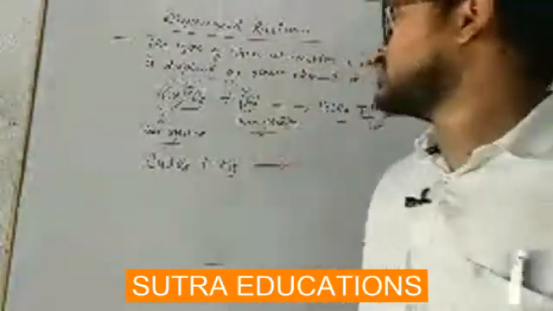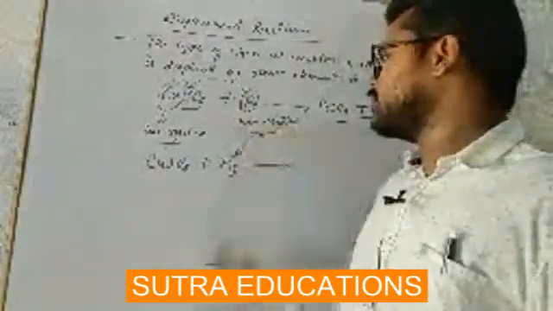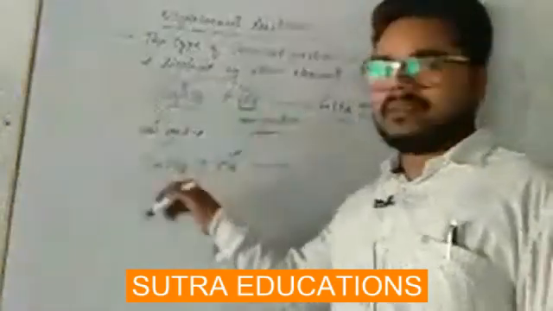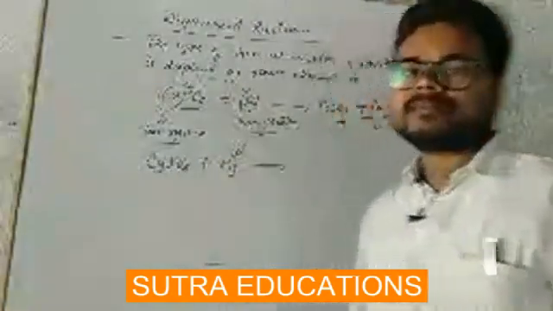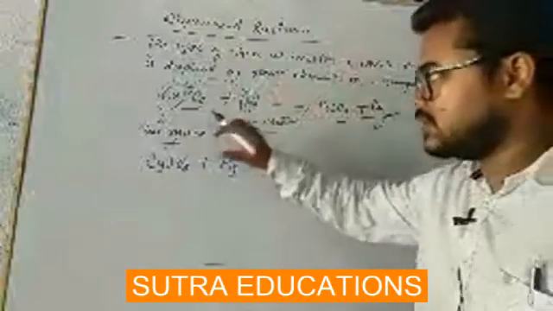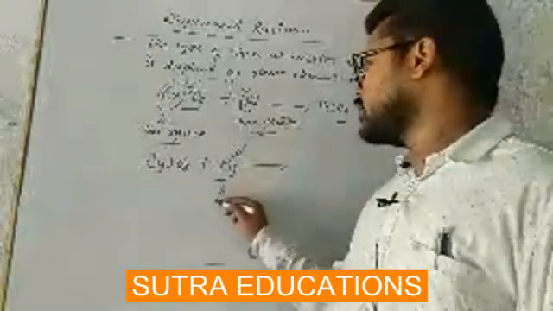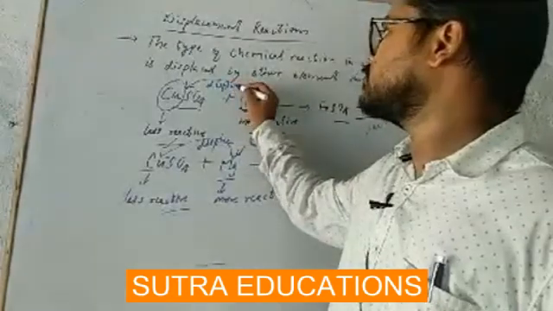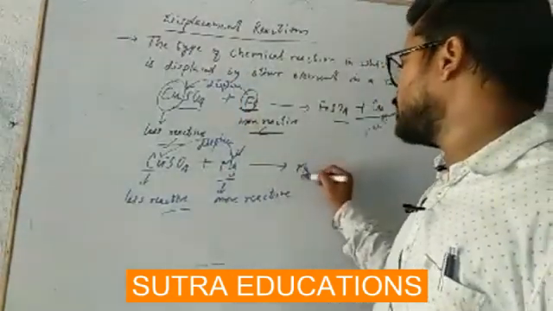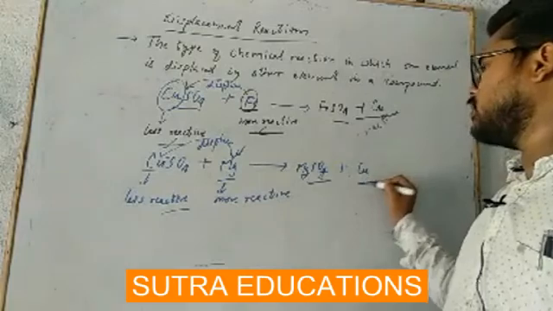Plus, say it is magnesium. Again, try to remember the reactivity series. Magnesium was placed above, or on top of, the reactivity series, while copper was placed at the bottom, which means magnesium is more reactive. Magnesium will displace copper and form MgSO4 plus copper will be out.